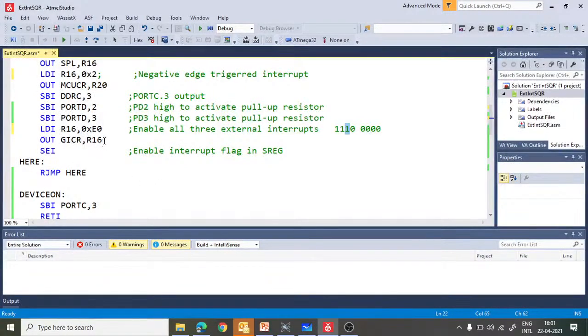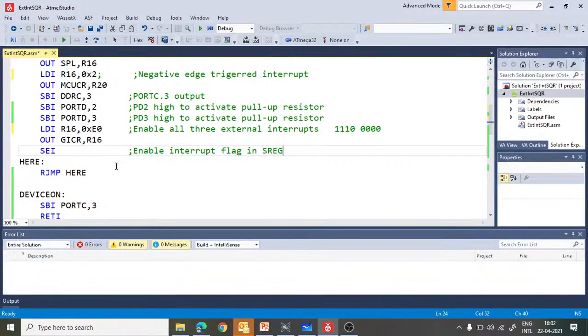And then we are transferring this content of R16 to GICR, which is a register for external interrupts. After this, we do the set interrupt flag, SEI. So it will enable the interrupt flag in the status register, right? So this is our main program.